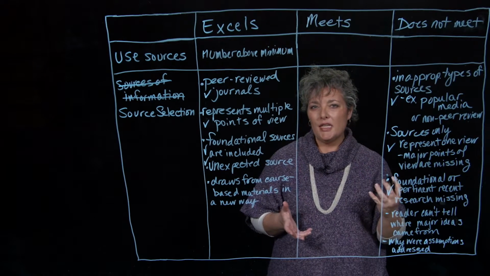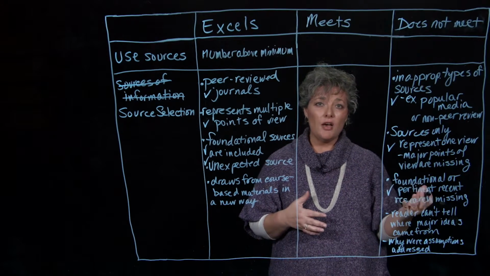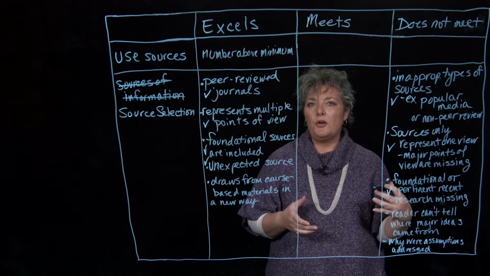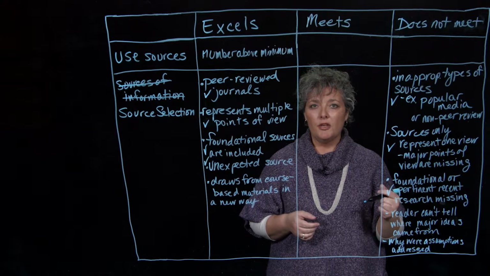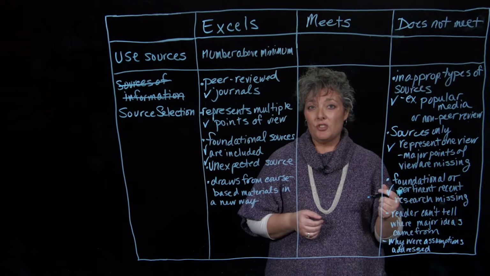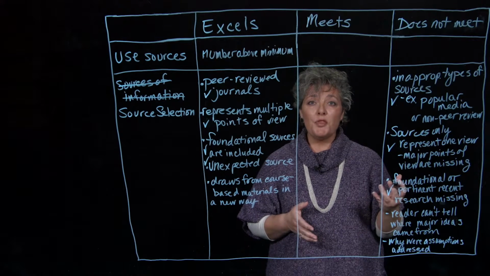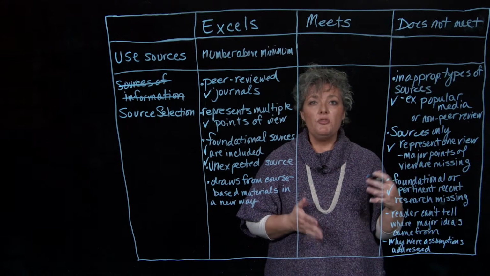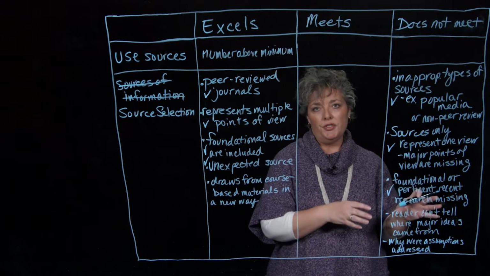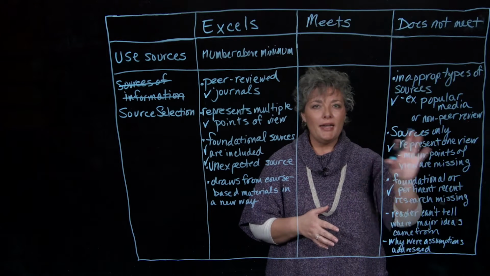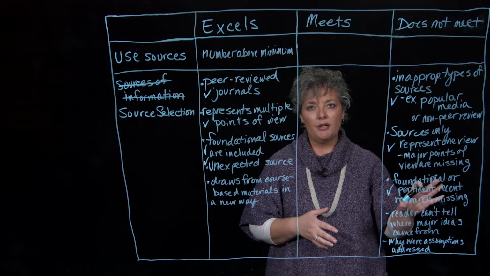I think I've already said that expected sources were not covered, but thinking back on bad papers I've had in the past, where do well-meaning students go wrong? One possible thing I might expect is using only sources from class materials. Again, I can come back and add to this column as I think of more common errors that I find